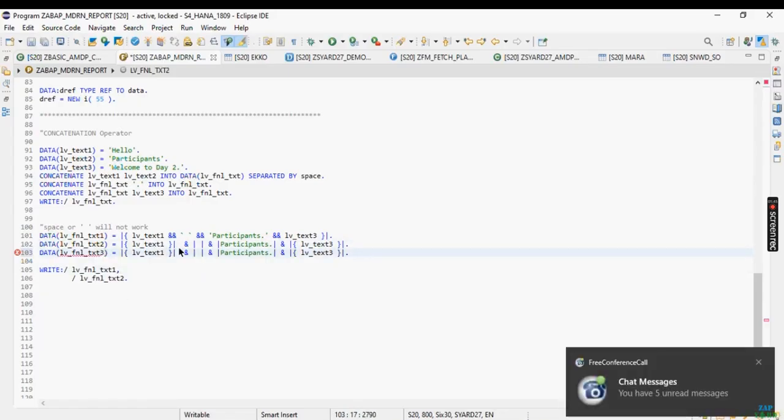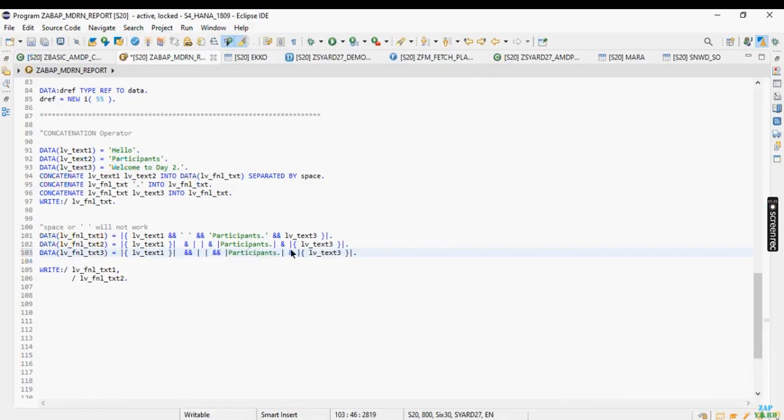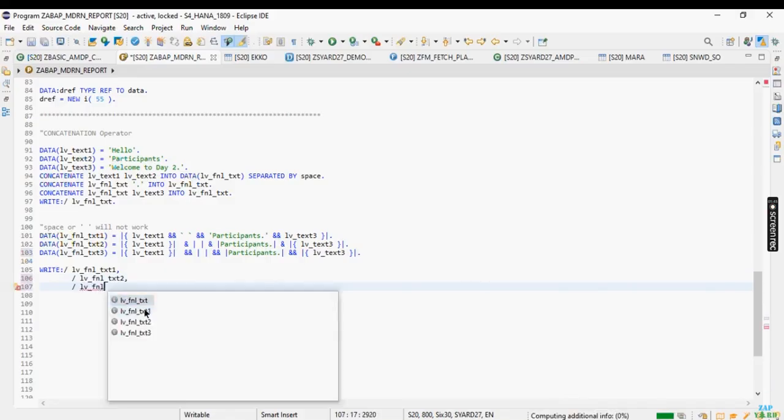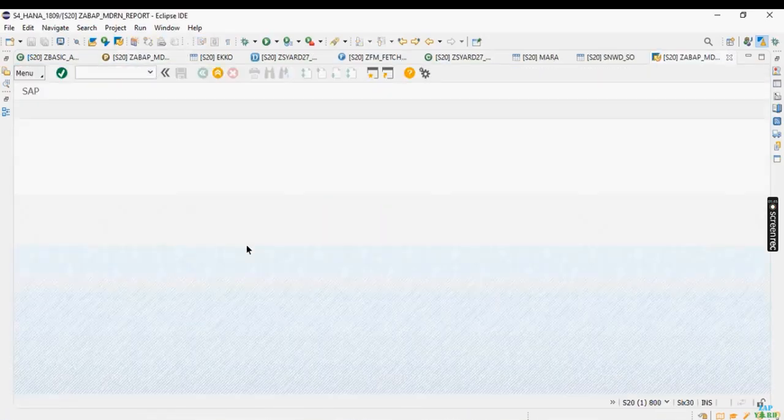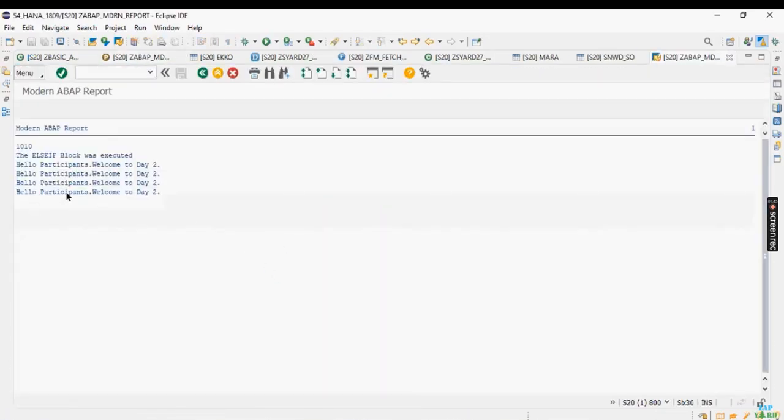If I give like this, and slash LV underscore final text 3, and I activate the same and execute the output, can you see